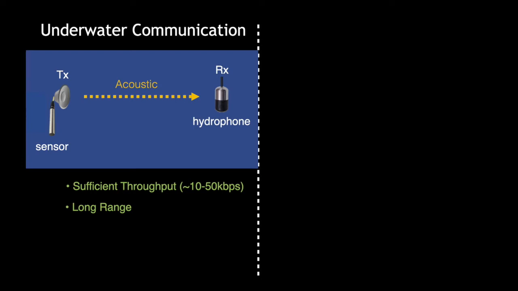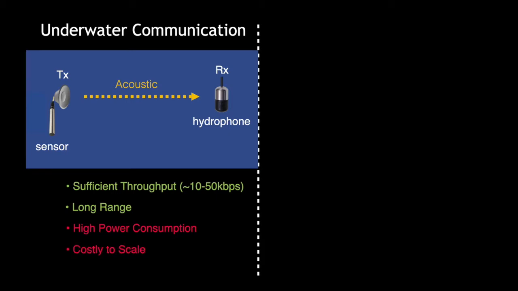But the problem, however, with this approach is generating acoustic signal consumes a lot of power. And if the sensor has a battery, it will drain the battery very fast. And what you need to do is to go out, replace the battery, and come back. But unfortunately, this is very costly. In fact, a research vessel costs around $50,000 a day to operate. And this approach becomes very costly to scale.